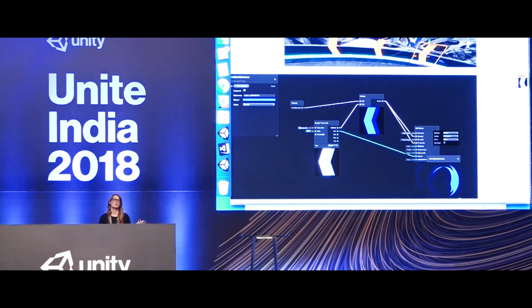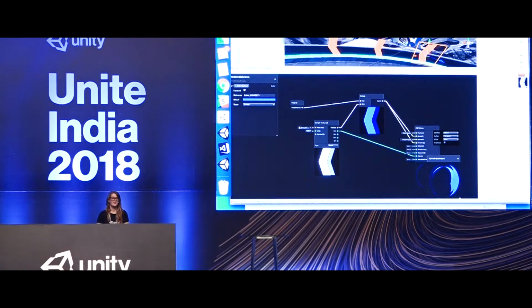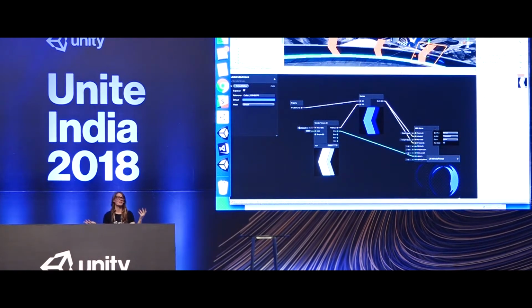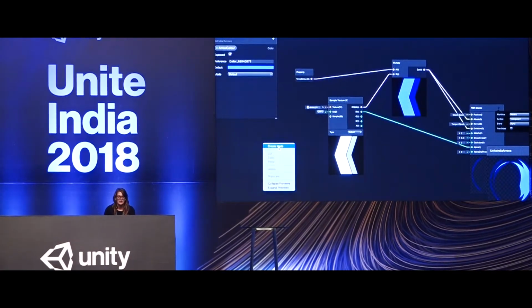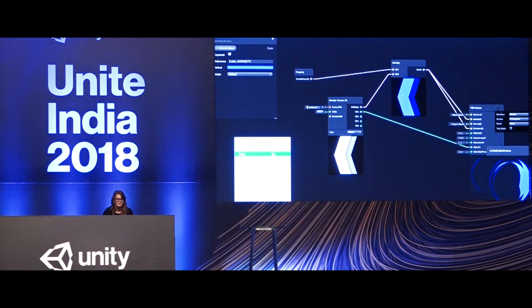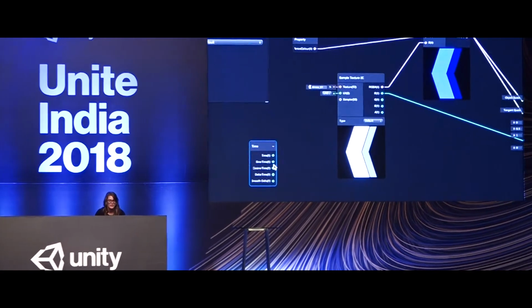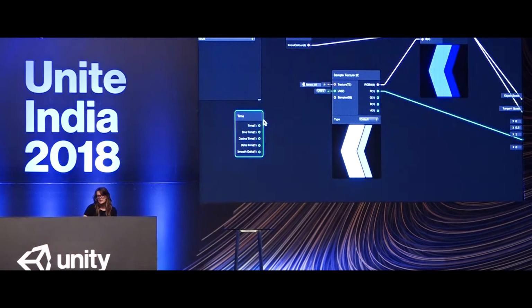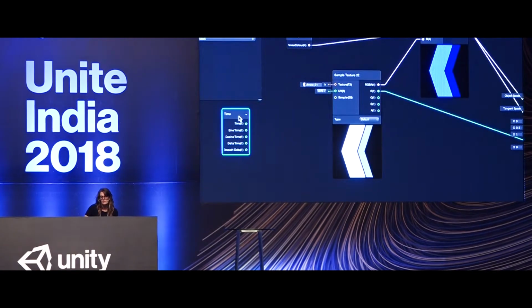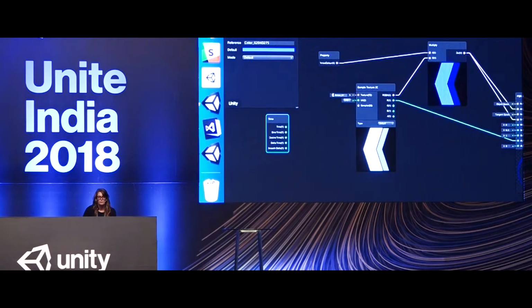So now we're going to make it scroll. There's lots of different ways that you can do this. I guess that's the beauty of it, there's lots of different ways you can do the same thing in a shader. But what I like to do is, there's actually a time node, and there's just time, there's delta time, and then there's also the sine wave, so you can create some cool effects with that. So what I'm going to do is I'm going to take the time,